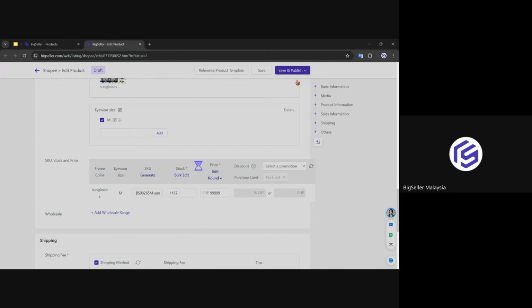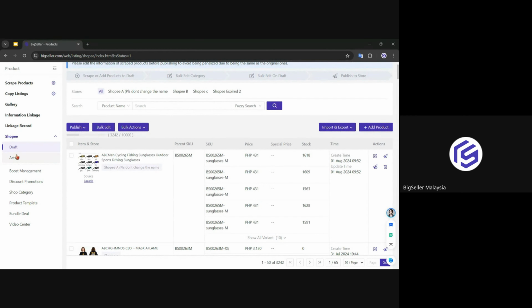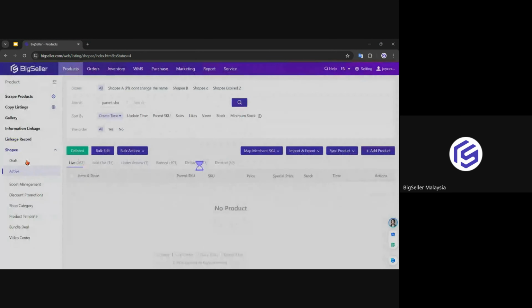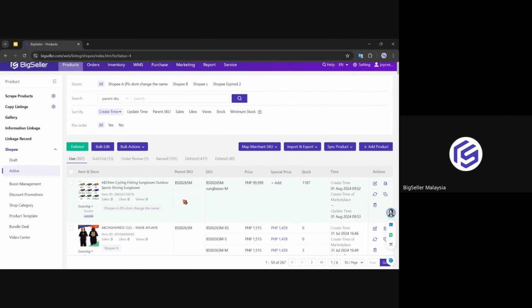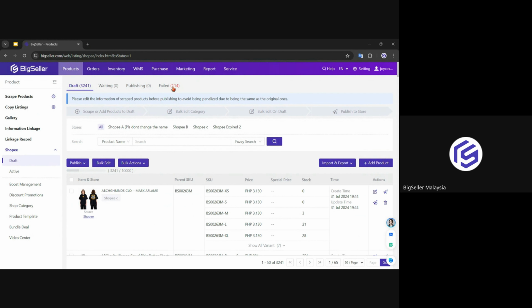Okay, directly click on save and publish. Once it shows the product has successfully published, do not trust it 100%. Please double check in the active page. On your left side, you can see there's active. Click on the active. If your product is in the active page, it means the product has gone live into your store. But if your product is not here, double check in the draft page